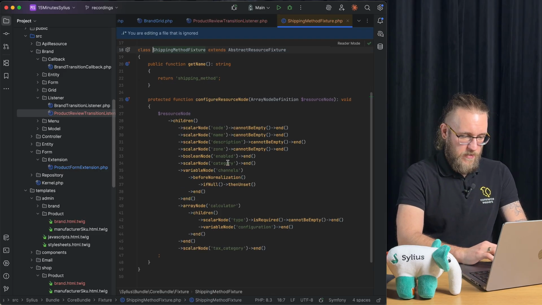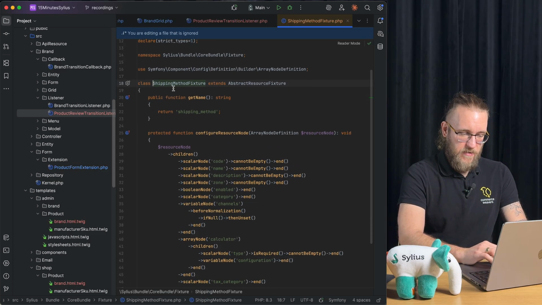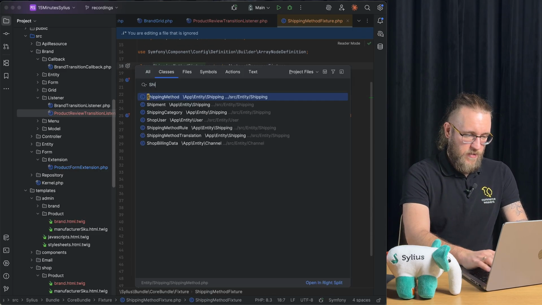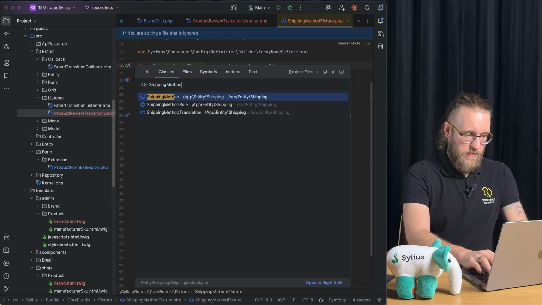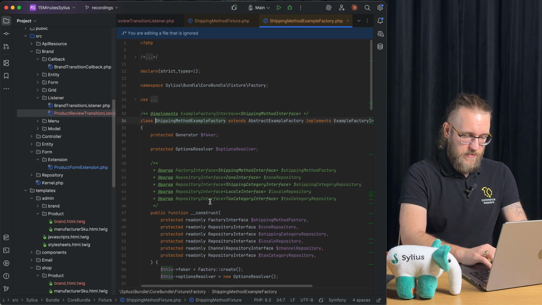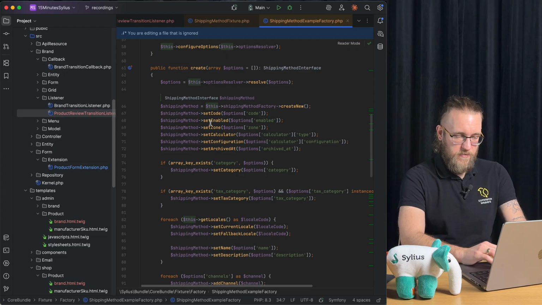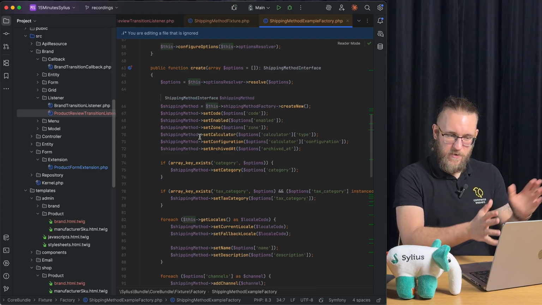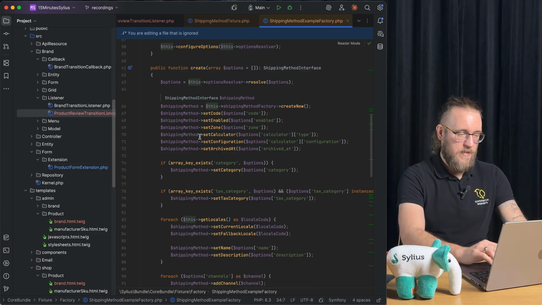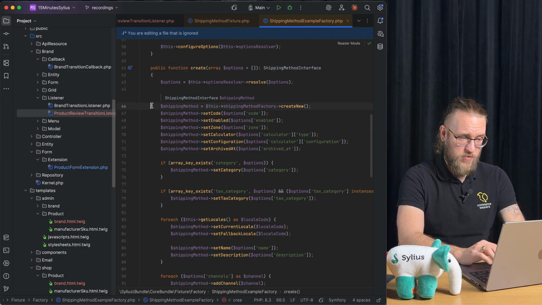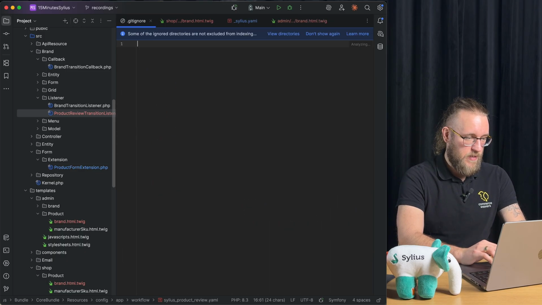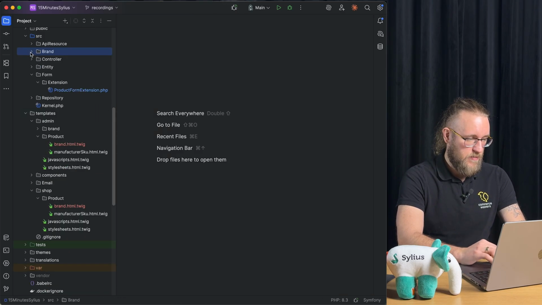fixture, you can see that we have some things like the configuration for the fixture, and the shipping method example factory contains the logic for creating the shipping methods. It is possible to separate it into two classes. We can do it in one because our customization would be really simple. So let's, in our src brand,